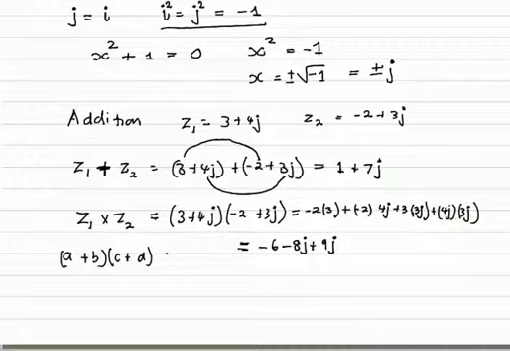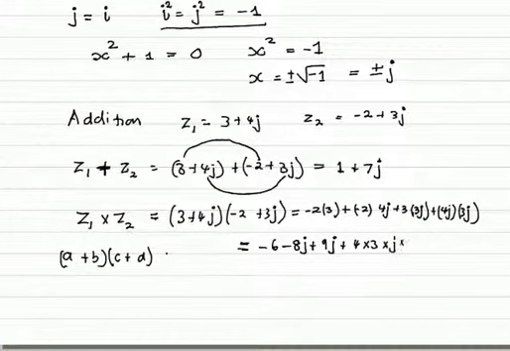Then here, remember, the multiplication does not worry about the order. So here we've got plus 4 times 3 times j times j. But j times j is what we call j squared. So this is giving us minus 1. So it's going to have minus 1 multiplied by 12, which is going to give us minus 12. So in the final analysis, we've got minus 6 minus 8j plus 9j minus 12.